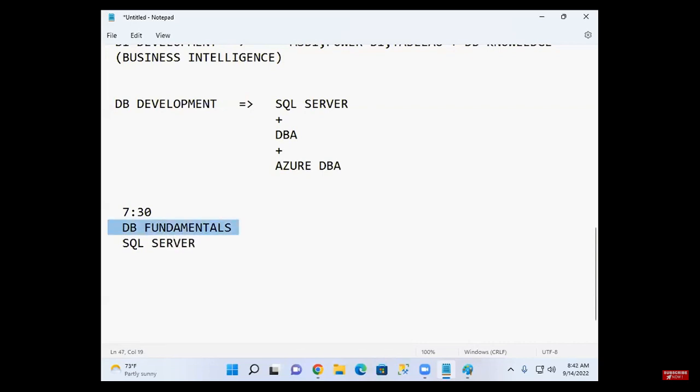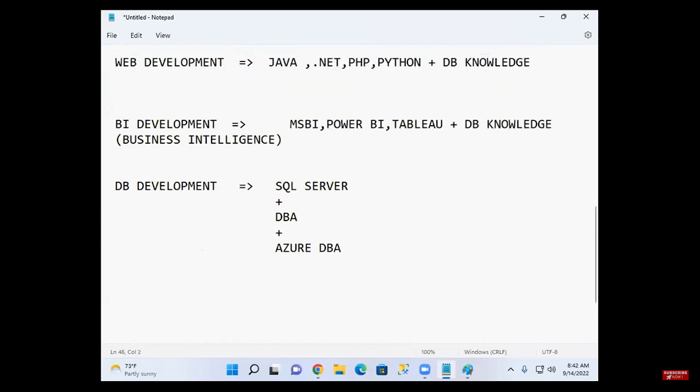Before you go to the actual SQL Server, you need some database basics: what is a database, what is DBMS. Once we complete those basics, then we can start SQL Server.